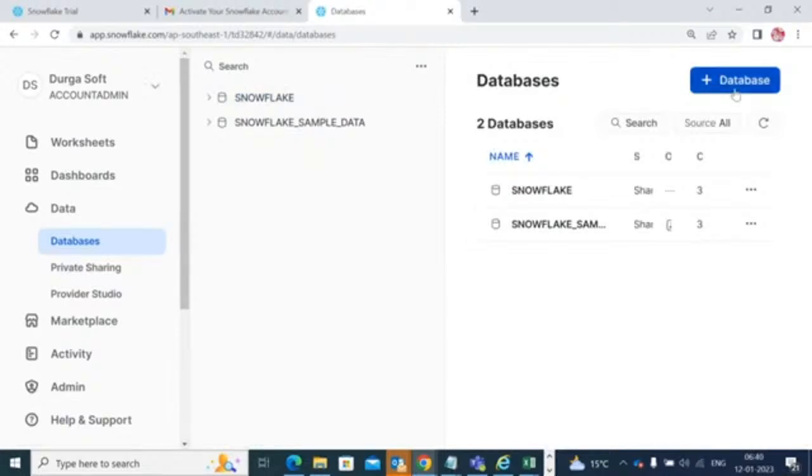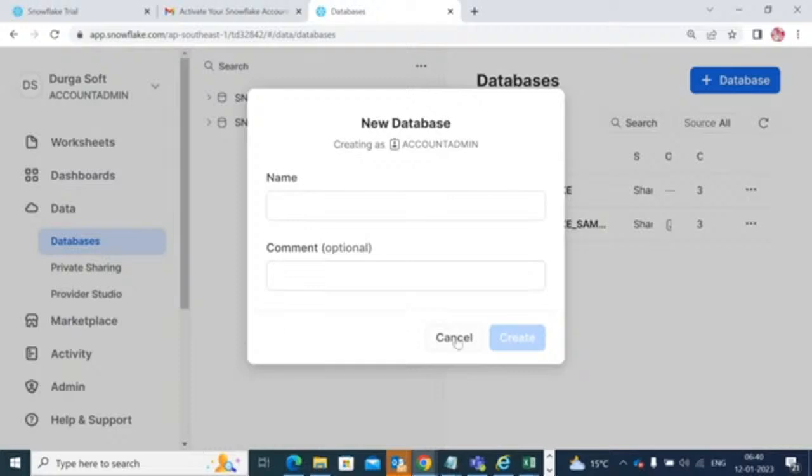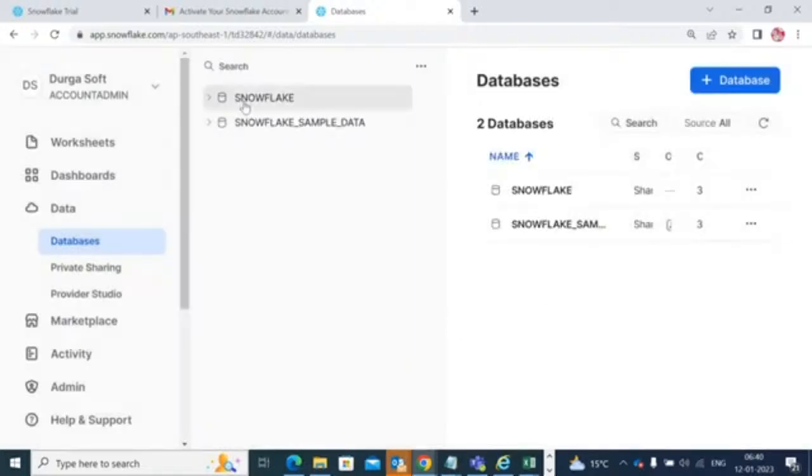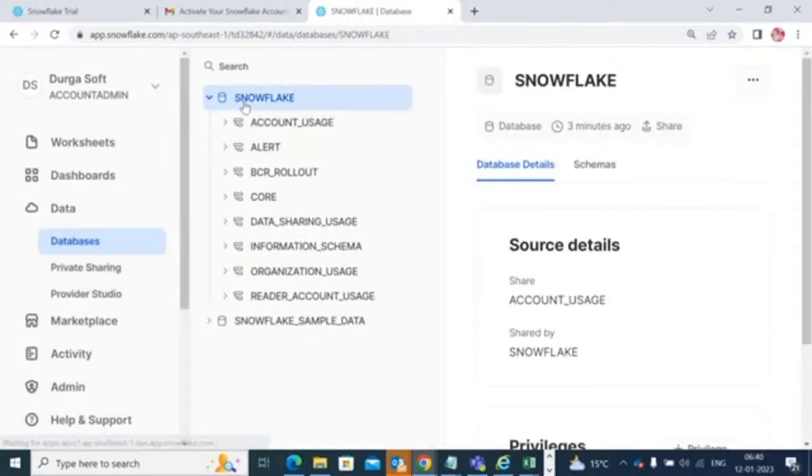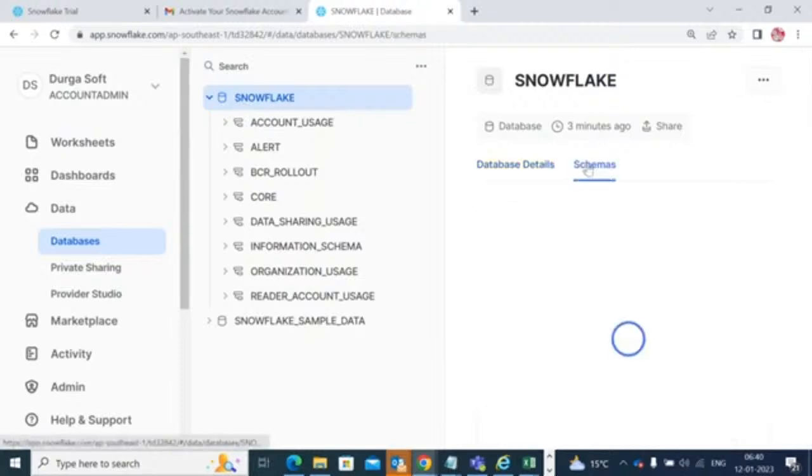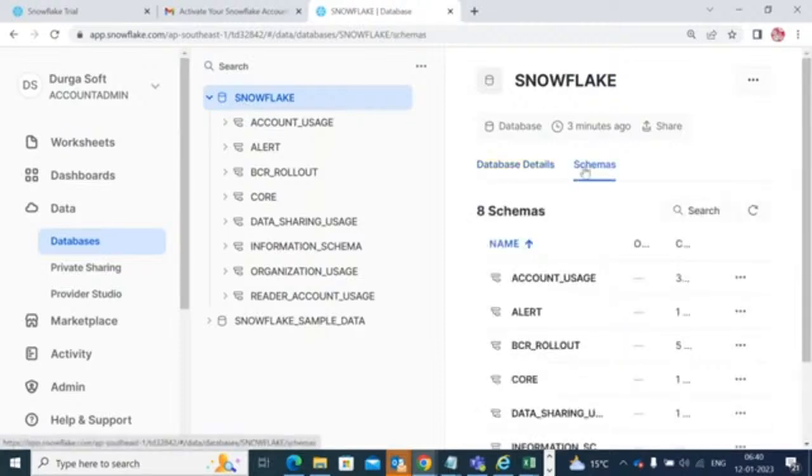If you want to create any new database, you can create a new database. If you want to create any schemas, then you can create new schemas from here. First is Worksheets, which is important, Data is important, and then